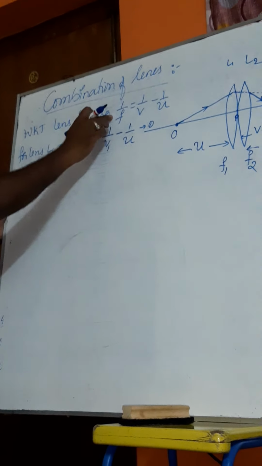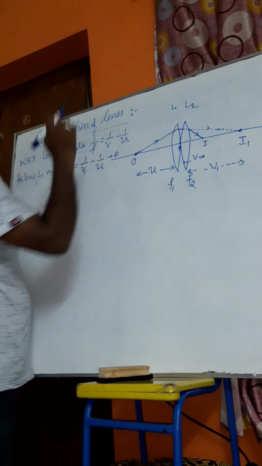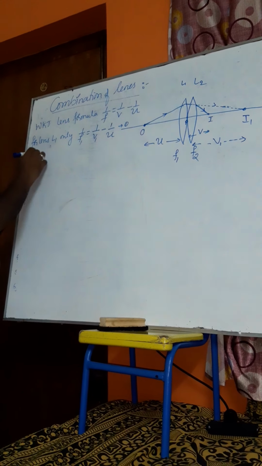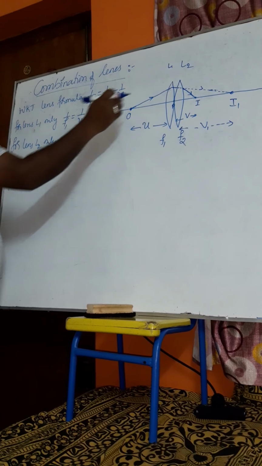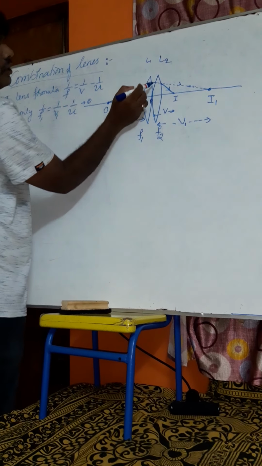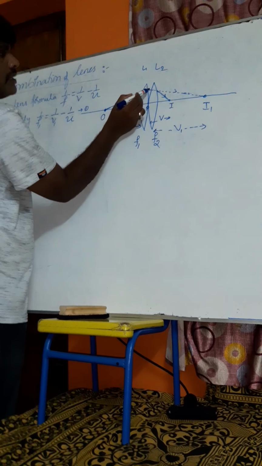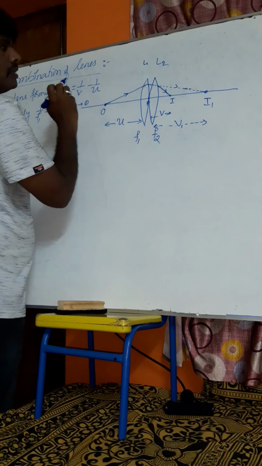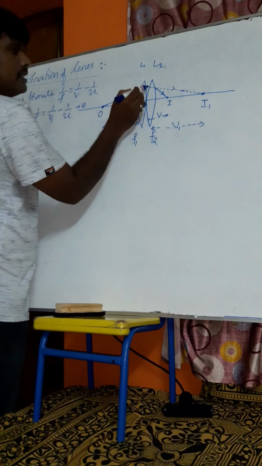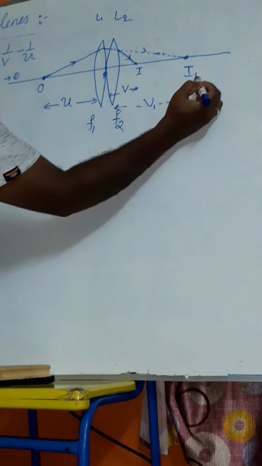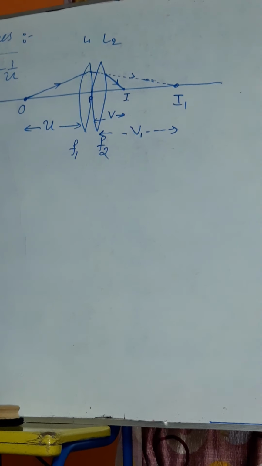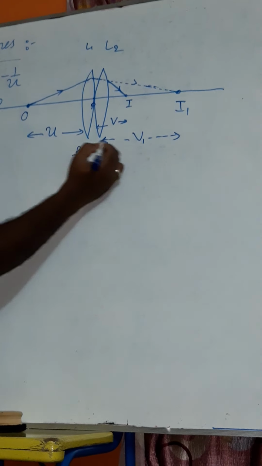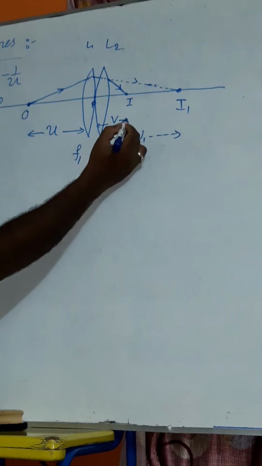Now the same formula is applied for the second lens L2. For lens L2 only, it means in the absence of lens L1. Now the light has already come here. This is the incident ray for the second lens. So now this incident ray appears to meet at this point I1. That's why I1 acts like a virtual object for the lens L2 and I is the real image. So object distance is v1, image distance is v.